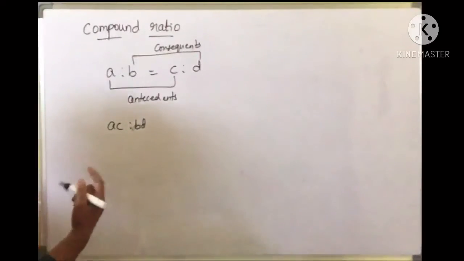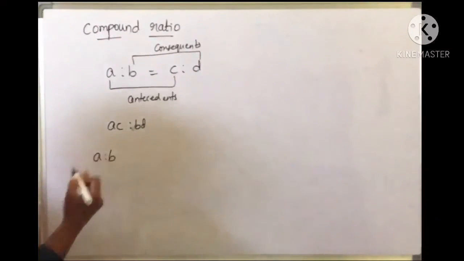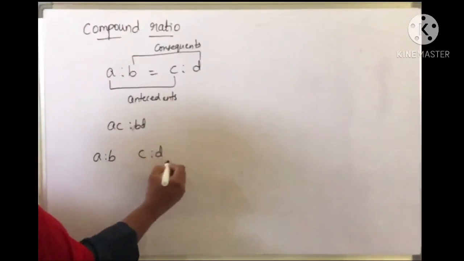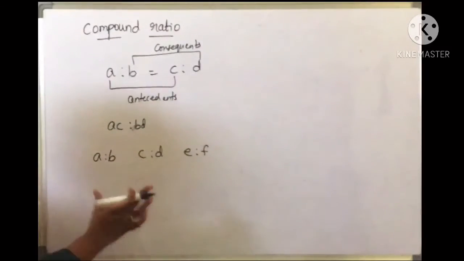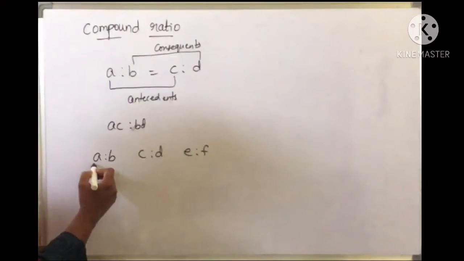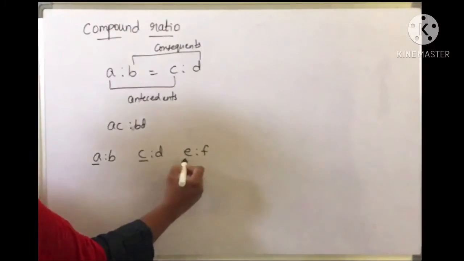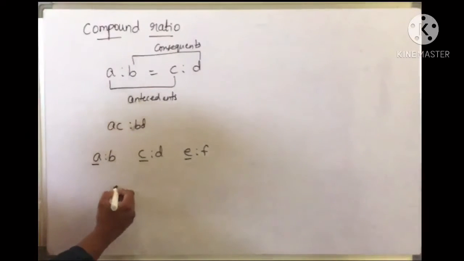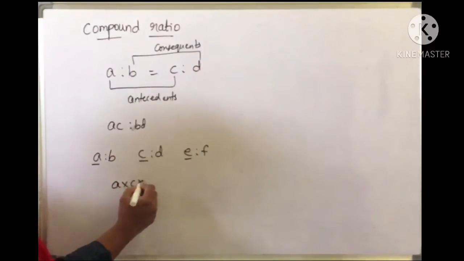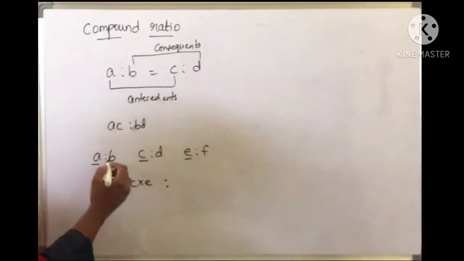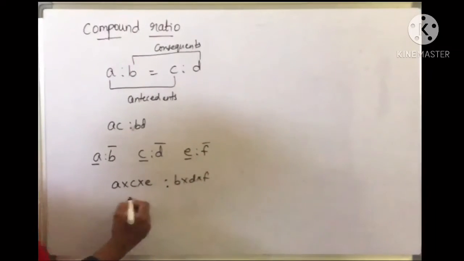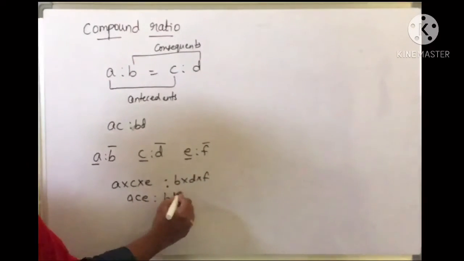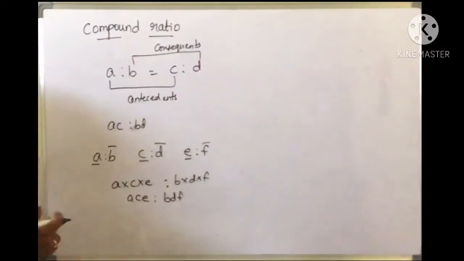And we can take three also, children. For two or more ratios you can take. For example, A is to B is one ratio, C is to D is another ratio, and E is to F is another ratio. Now we make it a single ratio. How? Compound ratio. Here A is the first term, C is the first term, E is the first term. So the product of these three, A into C into E, is to, what is the second term? B, D, F. So B into D into F. That is, ACE is to BDF is a single ratio of these three ratios. So we call it a compound ratio.